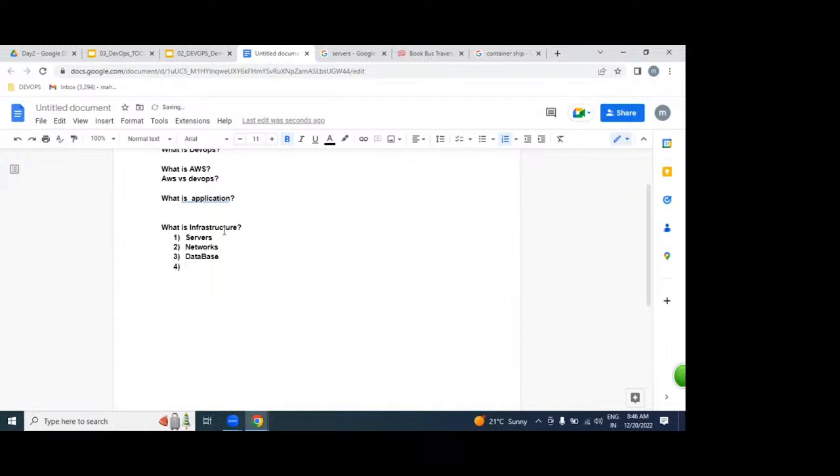The fourth one is storage. So many, but these four are the major infrastructure.